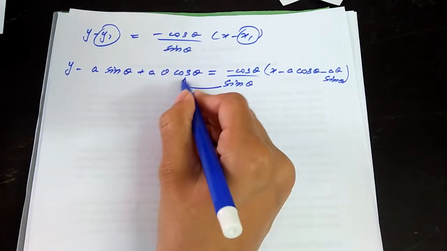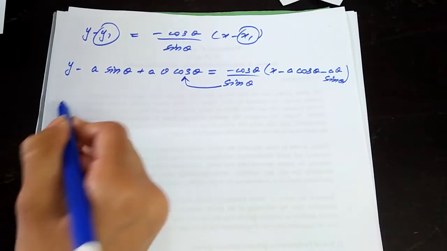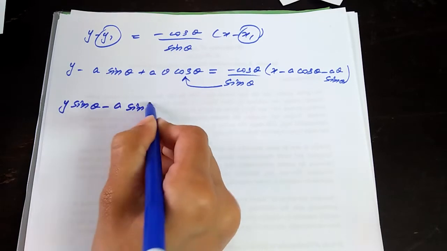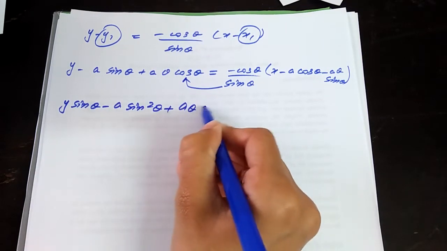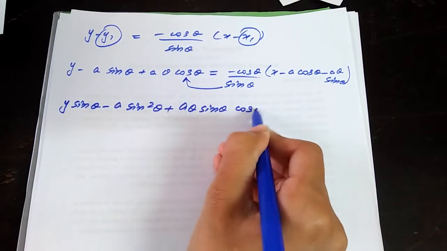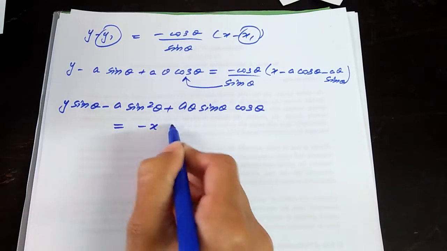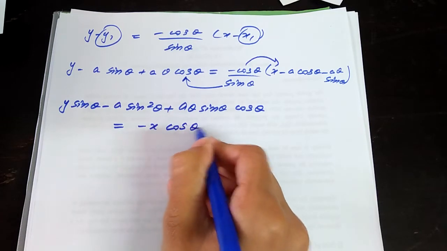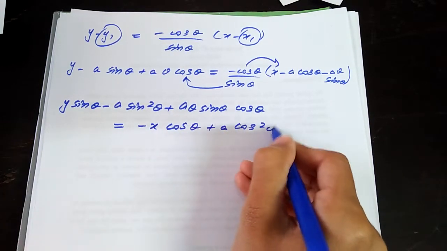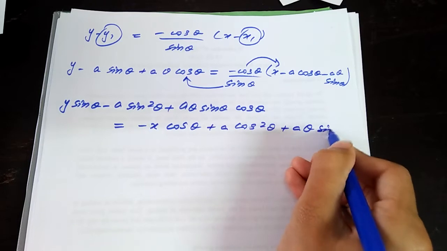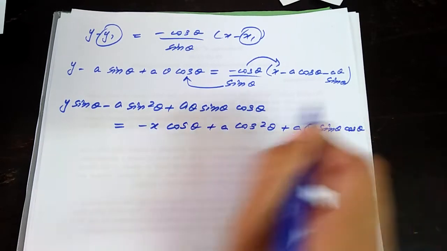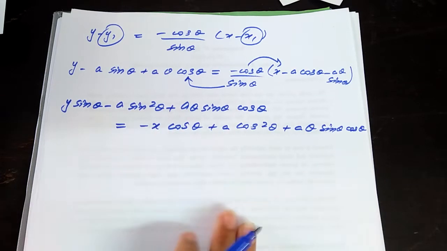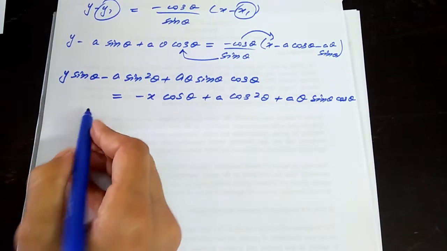now multiply this sine of theta on this side, we will get here, and multiply this inside, we will get, now after rearranging the terms, after rearranging and simplification, we will get here